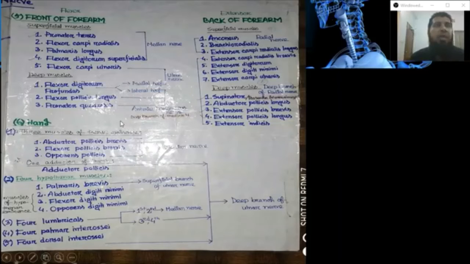Coming to the back of the forearm, there are 7 superficial muscles: anconeus, brachioradialis, extensor carpi radialis longus, extensor carpi radialis brevis, extensor digitorum, extensor digiti minimi, and extensor carpi ulnaris. Here 3 muscles are supplied directly by the radial nerve. They are